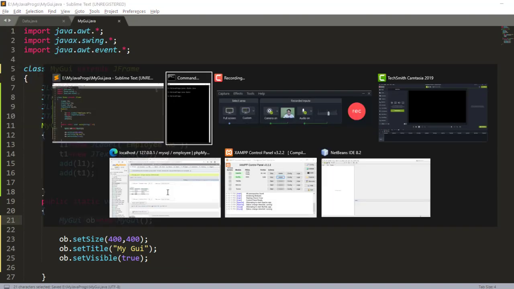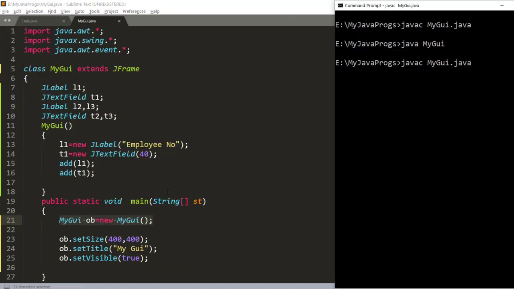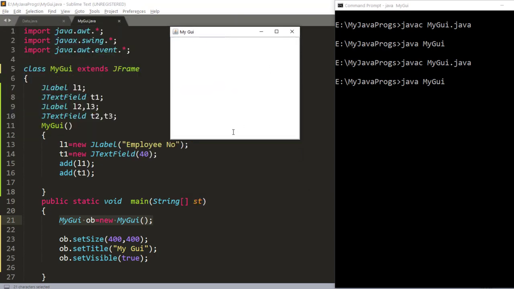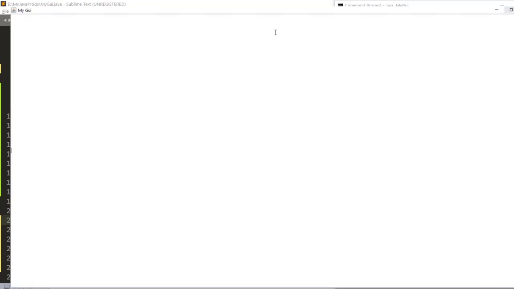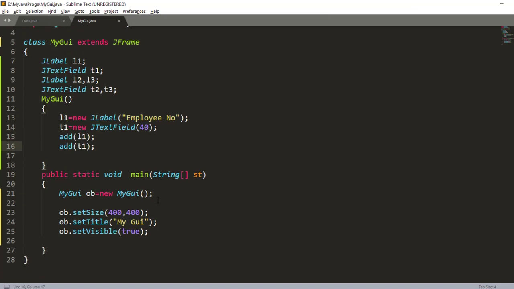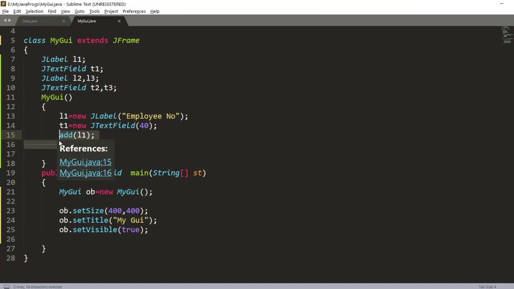So let's see the output, how this particularly looks like. This is your screen again, and as you can see, your L1 and T1 are not visible on the screen. So let us make them visible by again calling this visible method. As you can see, this whole area, which is called a panel of this frame, is not making this label and text visible. So let's fix it. Once these two are added within that,